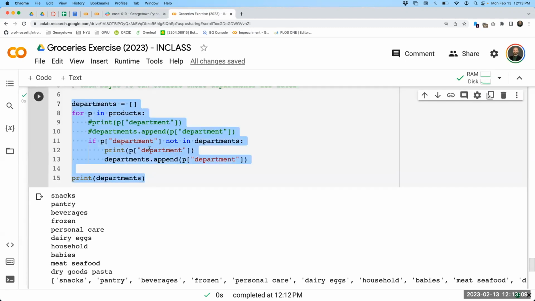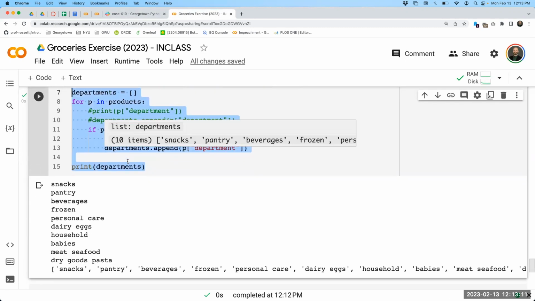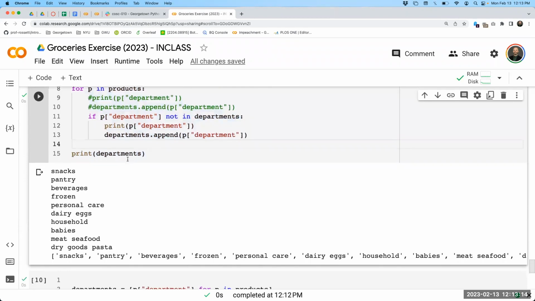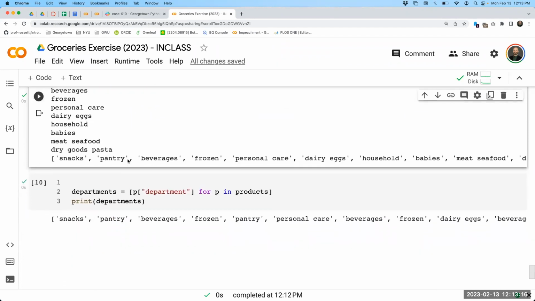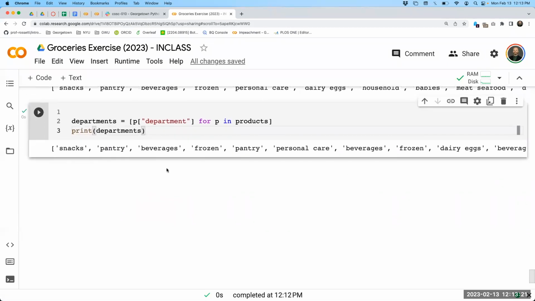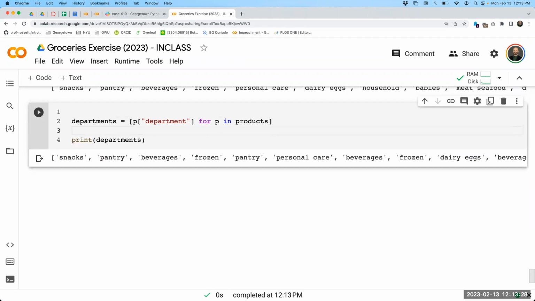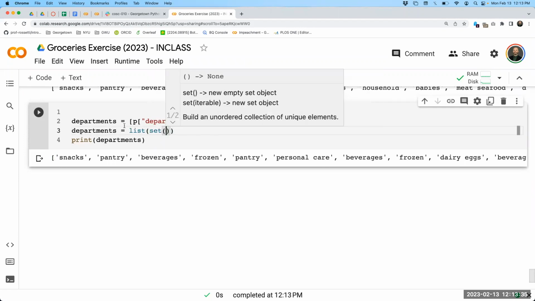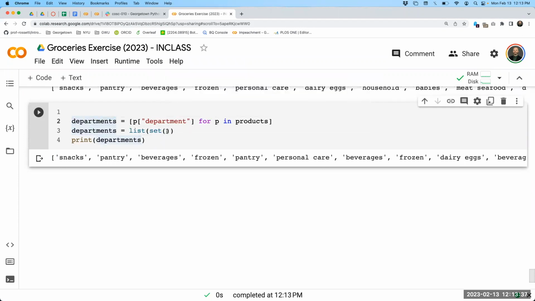Heads up, some other way of arriving at unique departments actually is to convert it to a set. So if you wanted to do this the one-liner way, we have a list of 20 departments. We could then say departments equals list, convert. Here, I'll show you what I mean by this. We're going to take that list of all the departments with duplicates, convert it to a set data type, which we